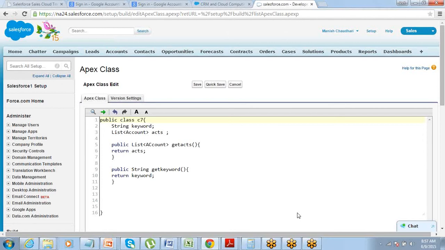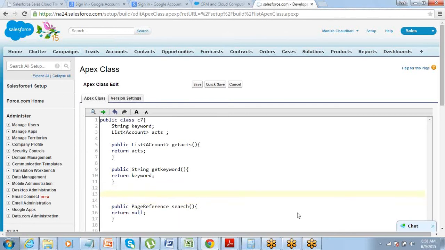What else I need? I need a page reference method basically to perform, run that SOSL query. So call it a public page reference search. So this is where my query should lie. I'll write the query, and there's one more method that I will need for it.